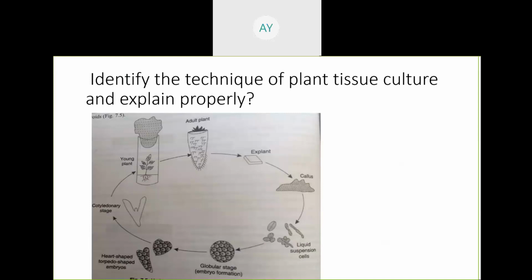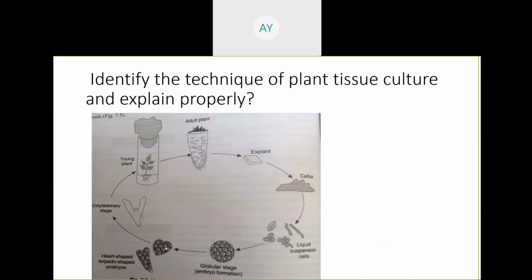That callus we put again in the medium, and there is formation of different stages of somatic embryo,